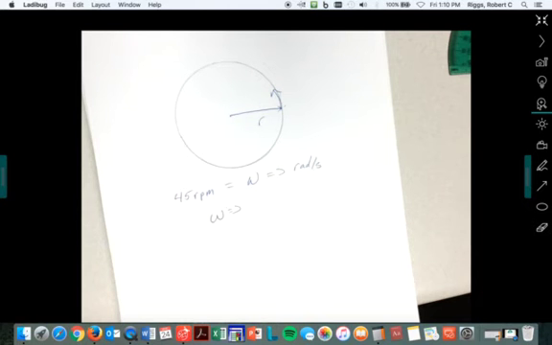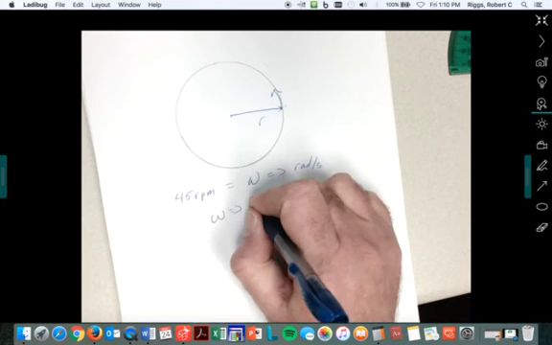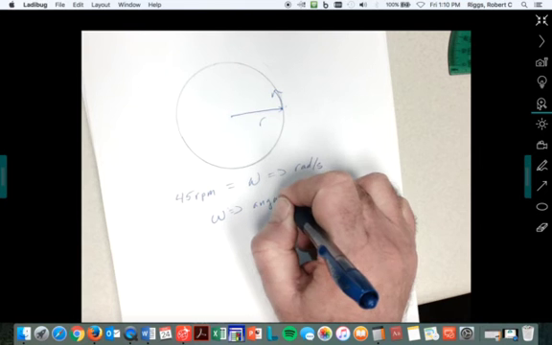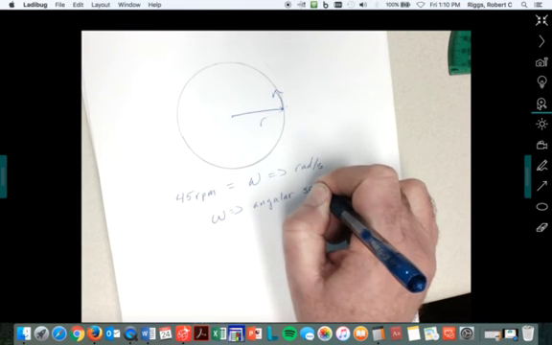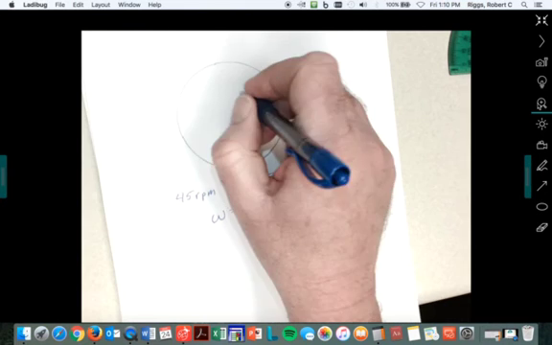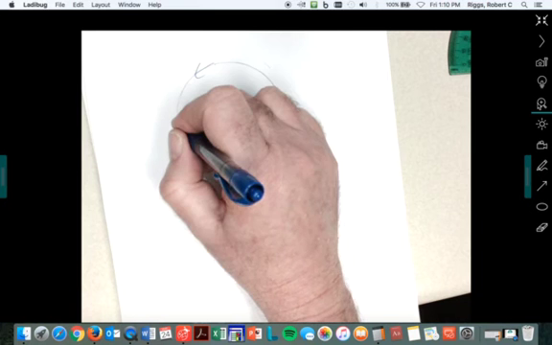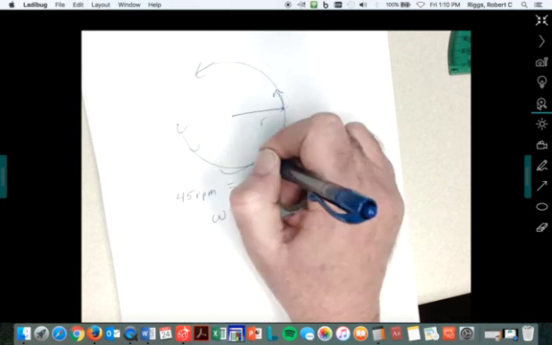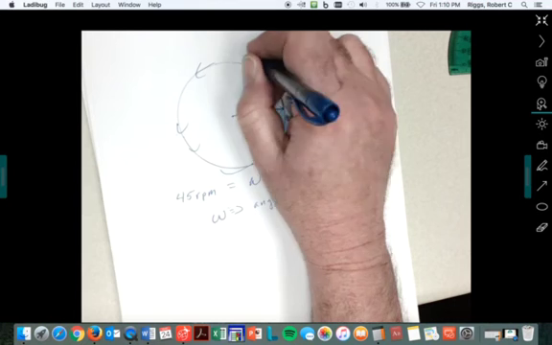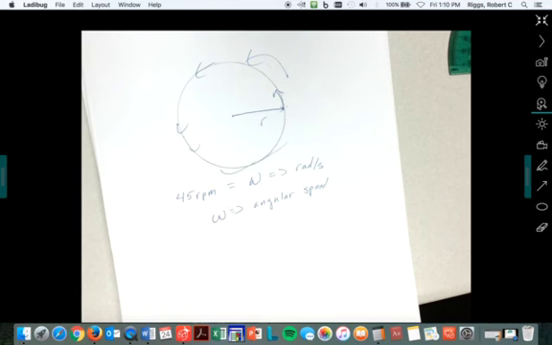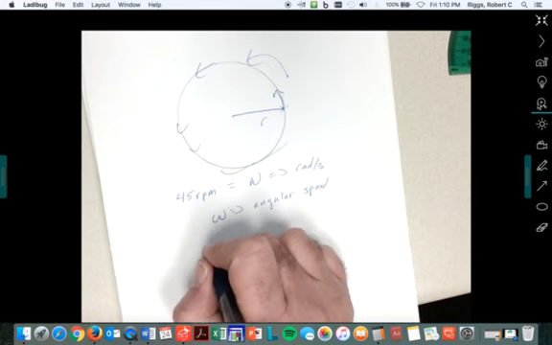It's in radians per second, and this is known as the angular speed. So if this thing is spinning around up here, that's what is known as the angular speed. And it's 45 RPM. So let's figure out what that is. So we know it's doing 45